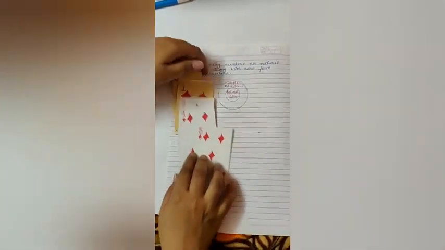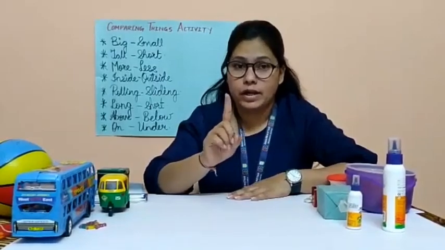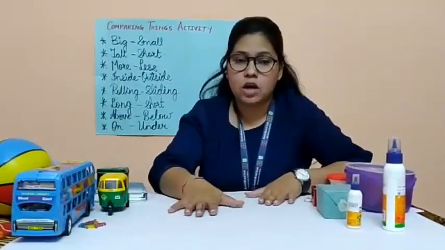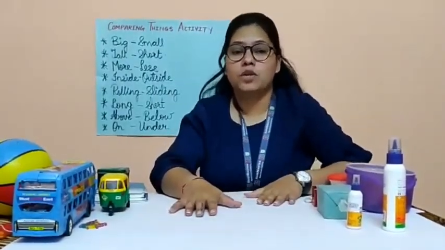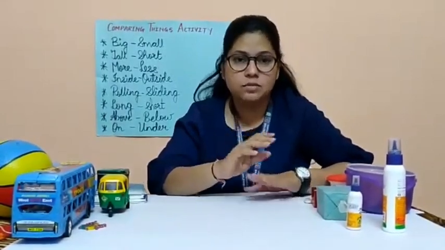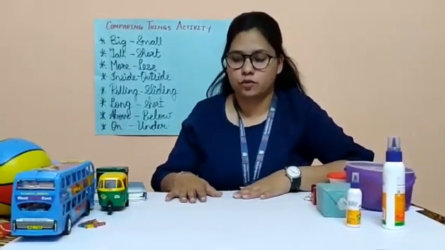Hello everyone. As we have started with our comparing things activity, we came to chapter number 1, that was comparison. We have learned about the meaning of comparison and about the meaning of numbers. Then we also learned that counting should always start with number 1, and when there is nothing to count, we count it as 0. None should be 0. I am going to put some more examples in front of you.